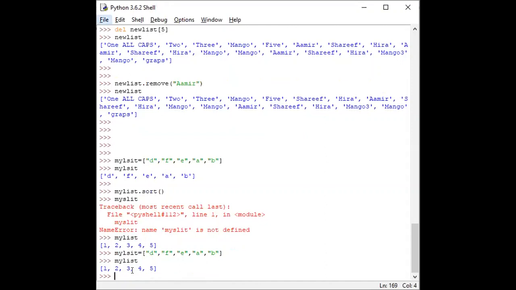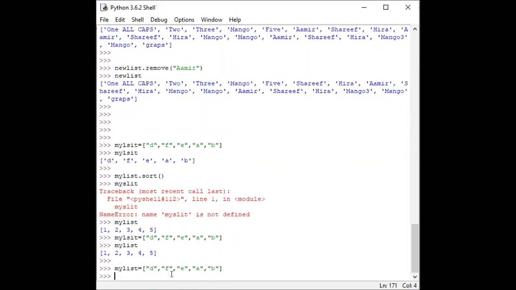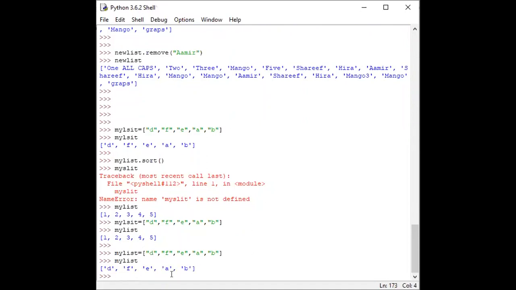Actually, I wrote the spelling wrong. Let me correct it again. So it's actually my list. Okay, now I call it. So these are the elements.